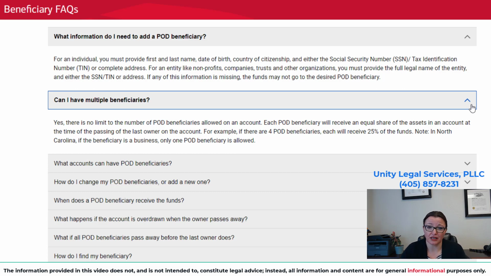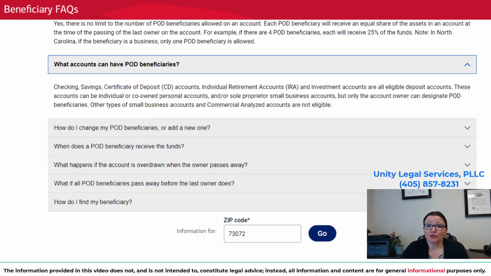That money will stay in her side of the family. What type of accounts can have PODs? This is important. Checking, savings, deposit, CDs, IRAs, basically any type of financial account usually has a beneficiary designation. The only one that I can think of that does not or may not